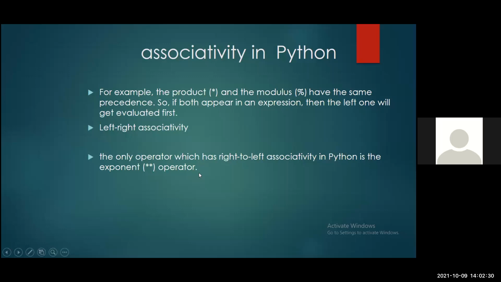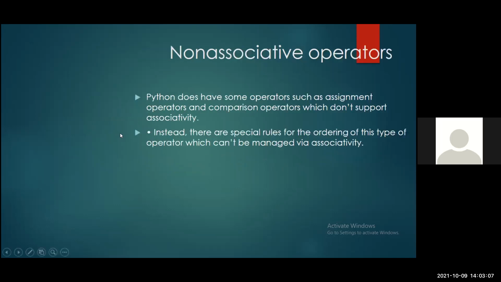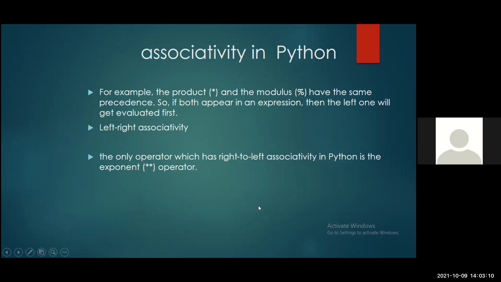And in Python, we have one exceptional rule. There is only one operator which has right to left associativity, and that is the exponential operator. The exponential operator is the power, a number raised to another power, whatever the number is. This is the only operator that has right to left associativity. When you are computing an expression with exponential operators, we don't use the left-right associativity. It applies differently. We use right to left. For instance,